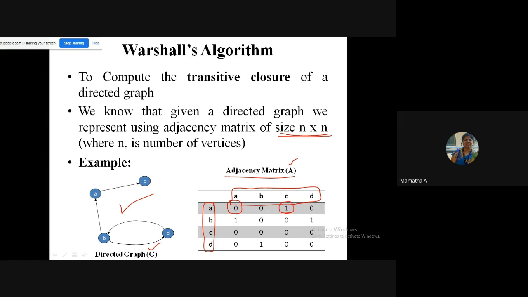So how to fill this? Again, don't get confused. Take every vertex, check which edge it is having. There you put 1. The rest all will be 0. That's how you can compute. Then take C. From C, there is no edge, so all are 0. From D, you can observe there is an edge from D to B. That's all. D to B is 1. The rest is 0. So you should fill it row wise. Don't fill it column wise. Right? This is the representation of a directed graph.